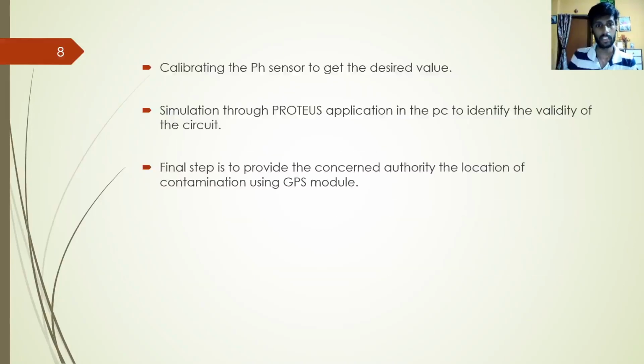Now after calibrating the pH sensor, we'll get a desired value. Then we'll check whether the desired value matches the universal values or not. If it doesn't match, then we'll try to get the offset values. That was what I was explaining about the accuracy of the pH sensor. If we check it in a cyclic process, then we'll get a highly accurate result. Next, after checking, we'll be implementing it in the PROTEUS application